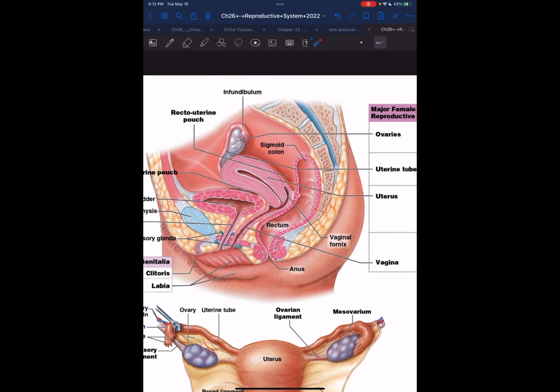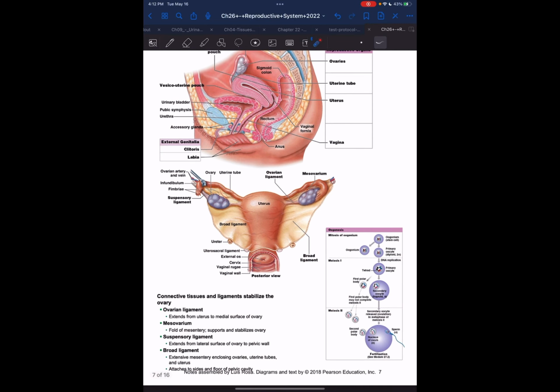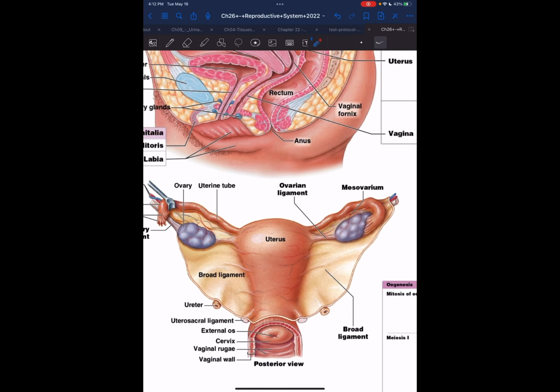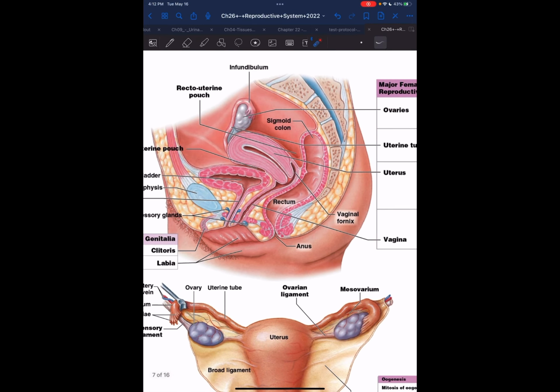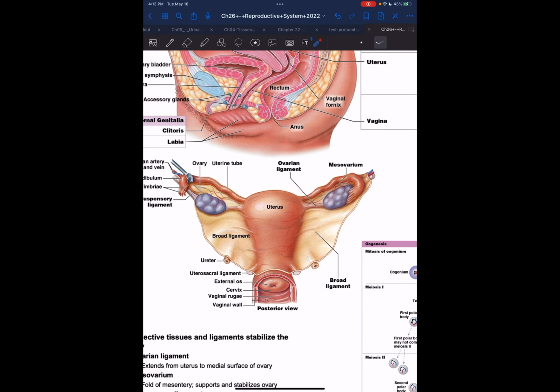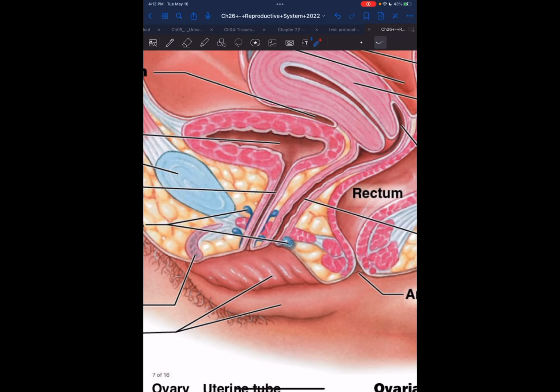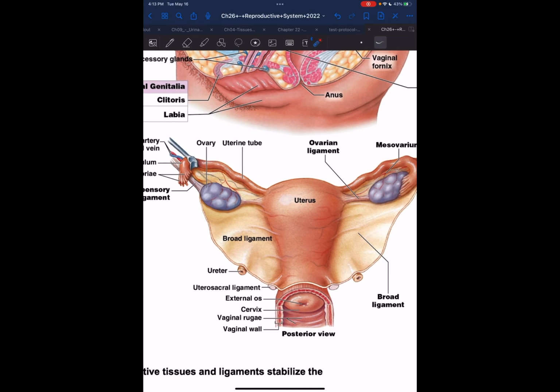And so with that, the words in bold here describe ligaments that matter. When we look at this structure, you're looking at the same organ. You're looking at a uterus, the fallopian tube or uterine tube, an ovary, and even the vaginal canal. You're just looking at it from a posterior view, so from the back end. Normally you wouldn't be able to see it from the front because you have your urinary bladder sitting here, so you wouldn't be able to see it anteriorly unless the bladder was removed. I kind of thought they removed the urinary bladder, but they're looking at it from a posterior